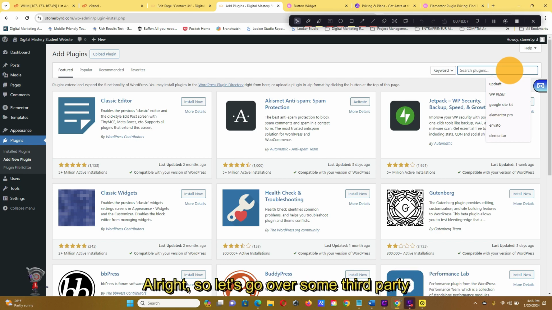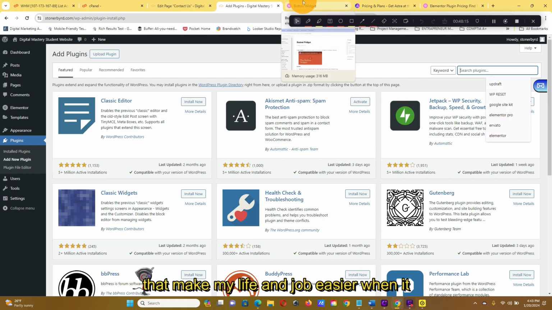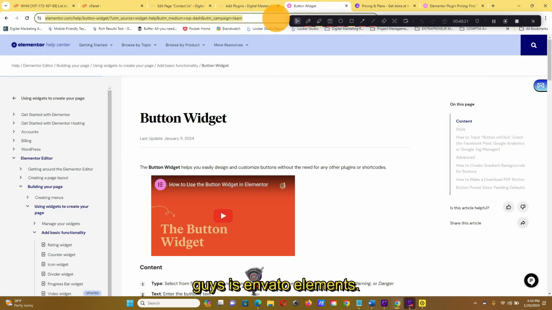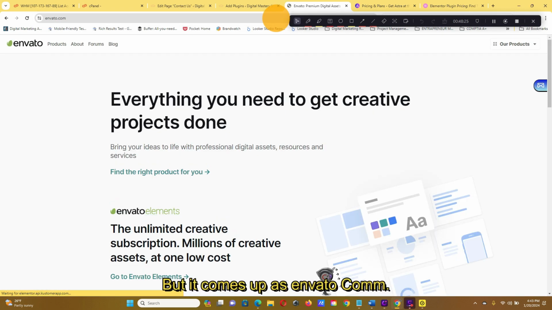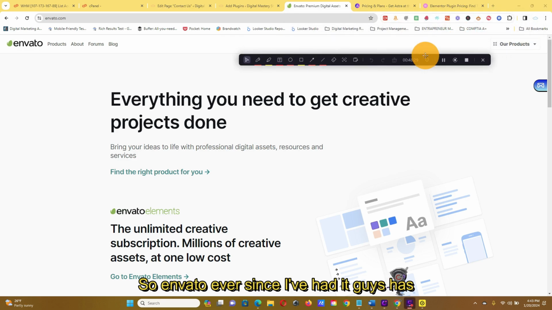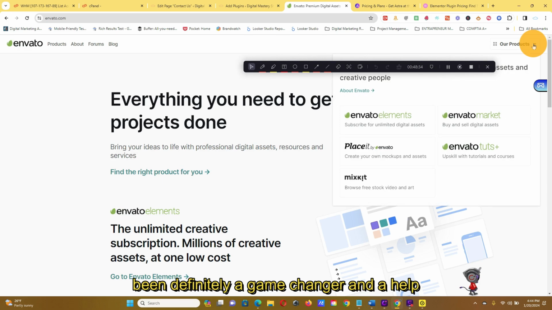functionality plugins. All right, so let's go over some third-party resources and plugins that I like to use that make my life and job easier when it comes to web development and web design. The first one I want to go over with you guys is Envato Elements, but it comes up as envato.com. Envato, ever since I've had it, guys, has been definitely a game changer and a help to me